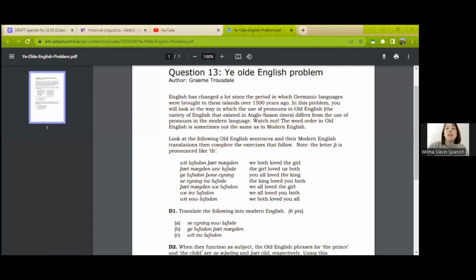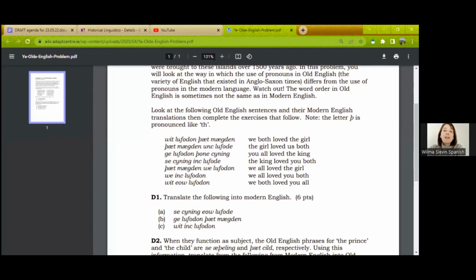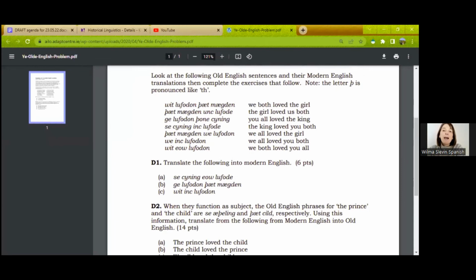And then the last thing we are going to share with you is, oh yeah, there was a Kahoot on this, which I don't need to show you, but it was just to give you an idea of some of the things on that. And then the last thing was the Old English problem that Cara had mentioned, which was the ALO competition puzzle. So this is a puzzle that you would do. It could be done in class, for homework, or as a project, whatever way you want. These are the puzzles that we do all the time for the ALO competition, which Cara has mentioned already. The idea is that they're given Old English with Modern English, and the students have to pick out patterns and things like that.